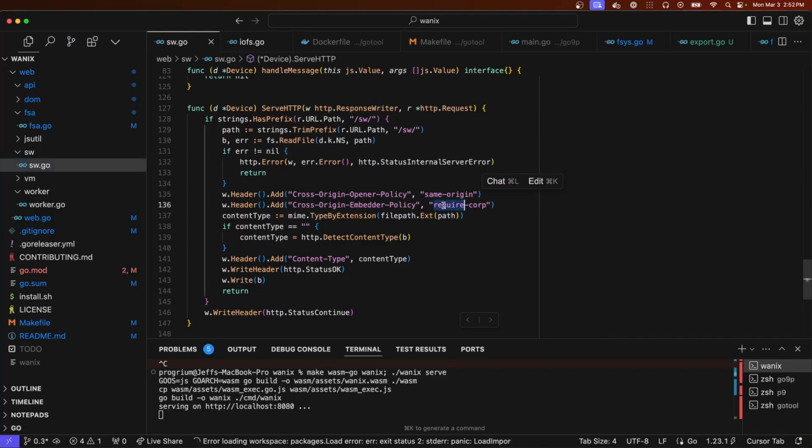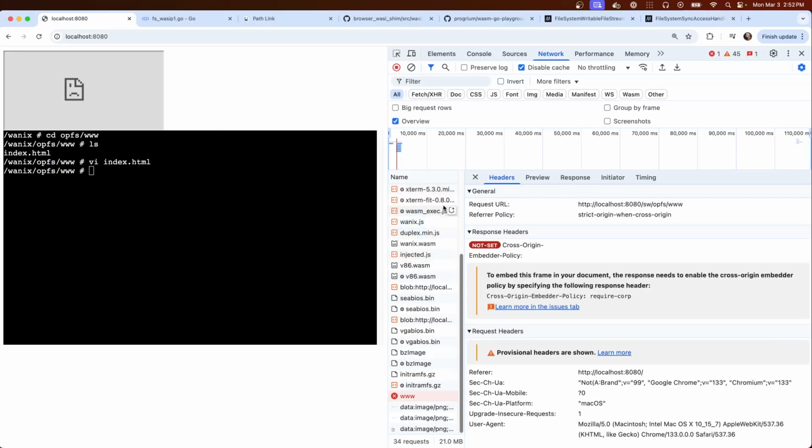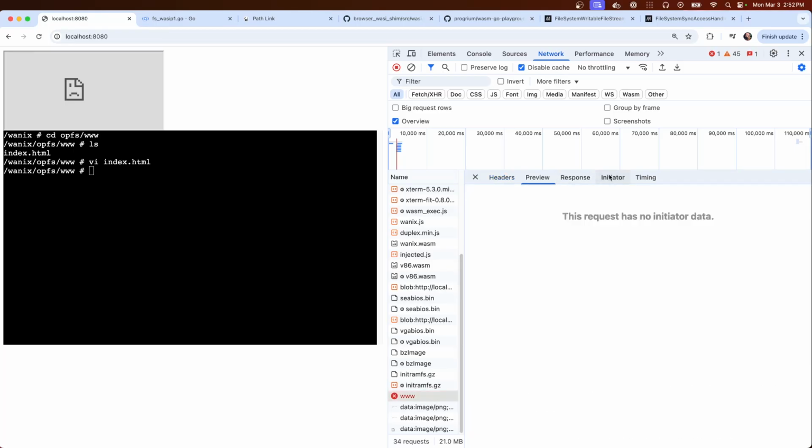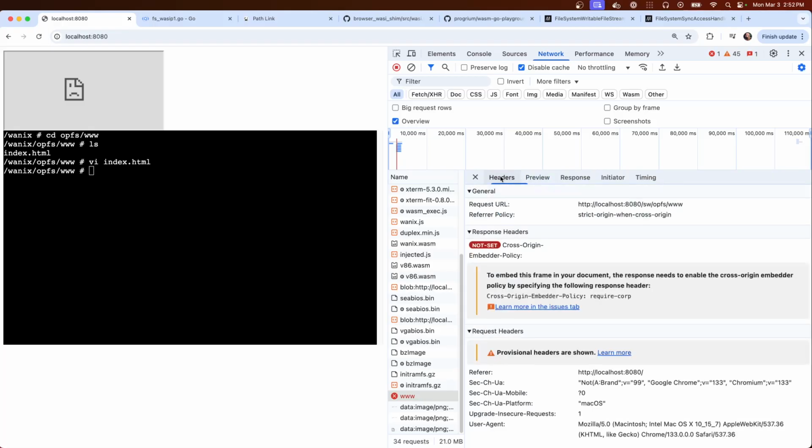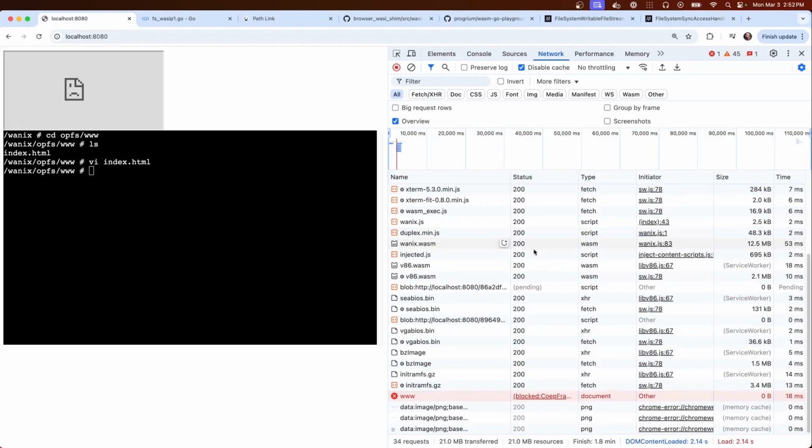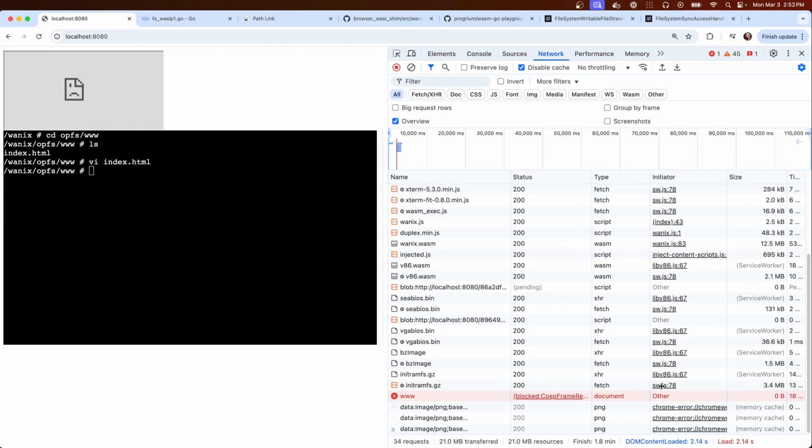Require corp. Wait, did it even try to get it from the service worker?